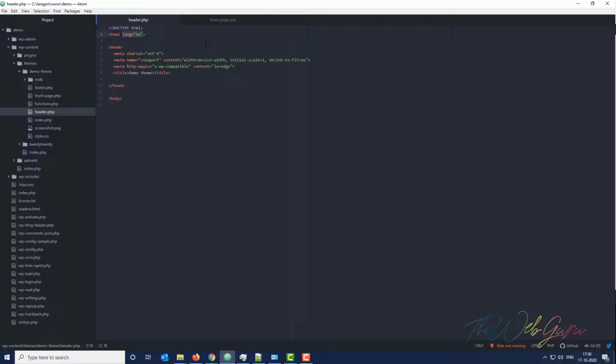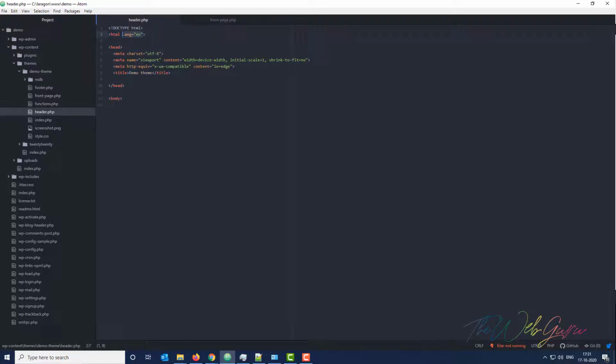So here, for the language, I will use language underscore attributes. This will set our HTML's language, which was hard coded like this.